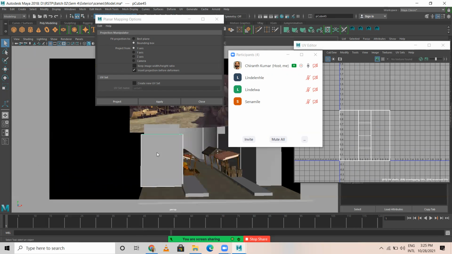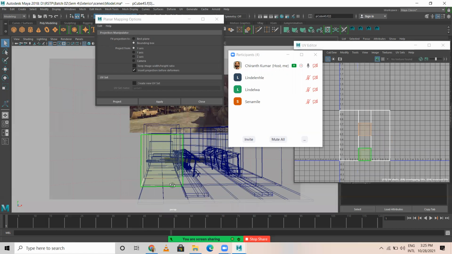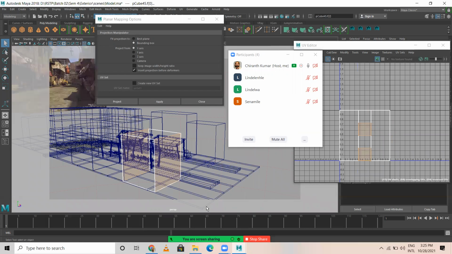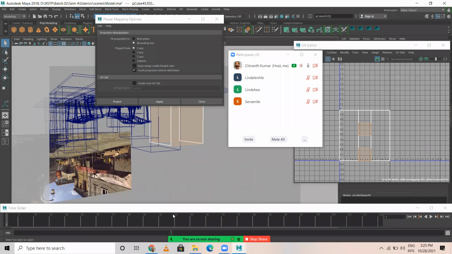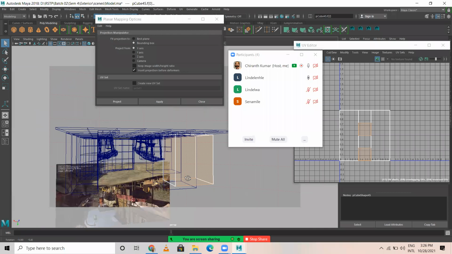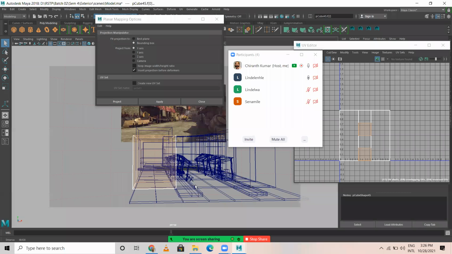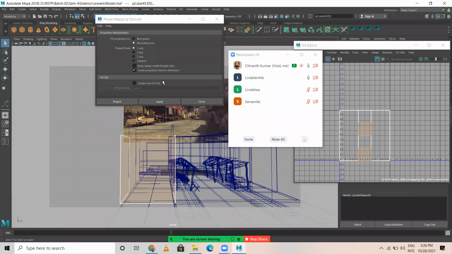Now what I'll do, I'll go to face mode. Now can you tell me, see I have selected this face and this face. So notice this side and this side, 2 faces I have selected. Can you tell me in which axis this is? Okay, Z. It is Z. So now I select Z axis, I apply. See, now these 2 are done. So then what is remaining?